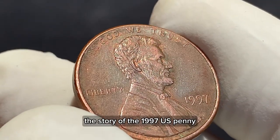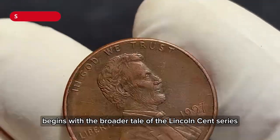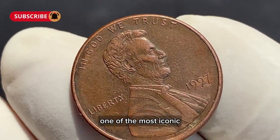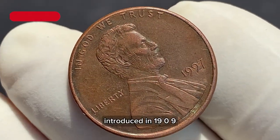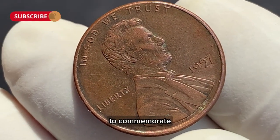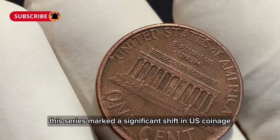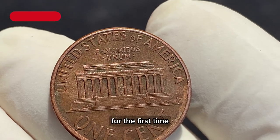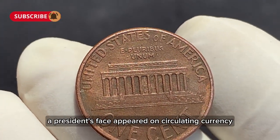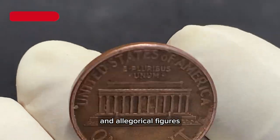The story of the 1997 US penny begins with the broader tale of the Lincoln cent series, one of the most iconic and enduring coin designs in American history. Introduced in 1909 to commemorate the 100th anniversary of Abraham Lincoln's birth, this series marked a significant shift in U.S. coinage. For the first time, a president's face appeared on circulating currency, replacing the abstract designs and allegorical figures that